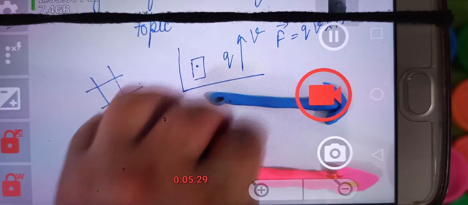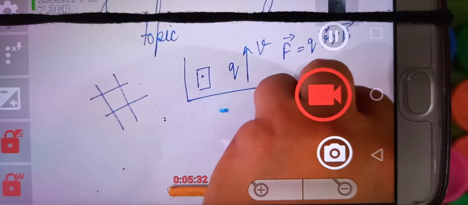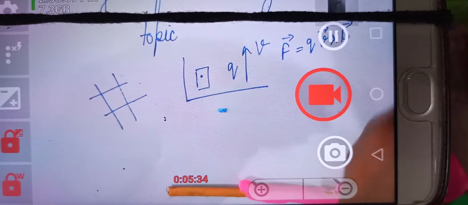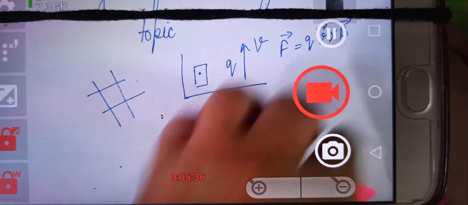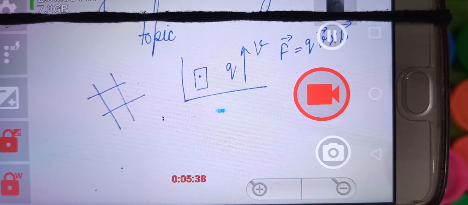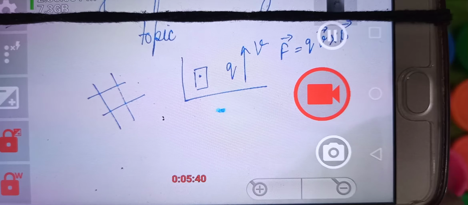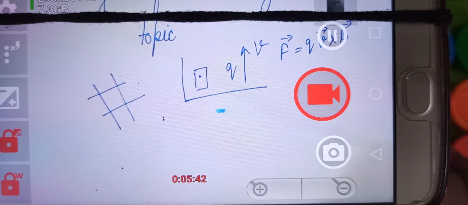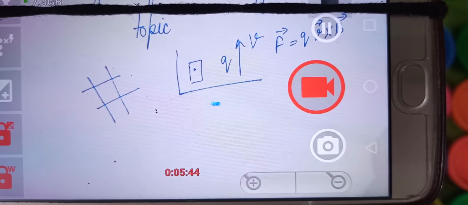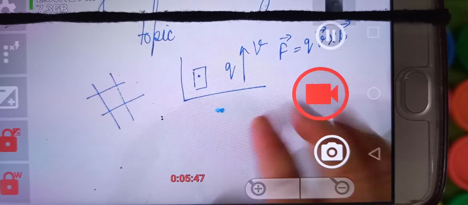So these were the simple tools, because children play with the clay. These were the simple tools which I used. I experimented and I used to make the teaching a little bit interesting.